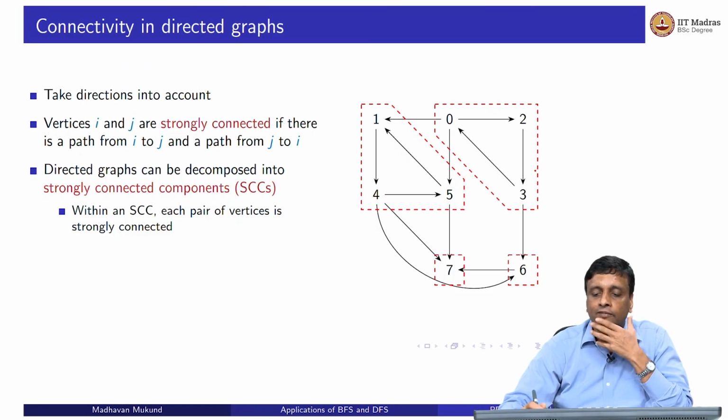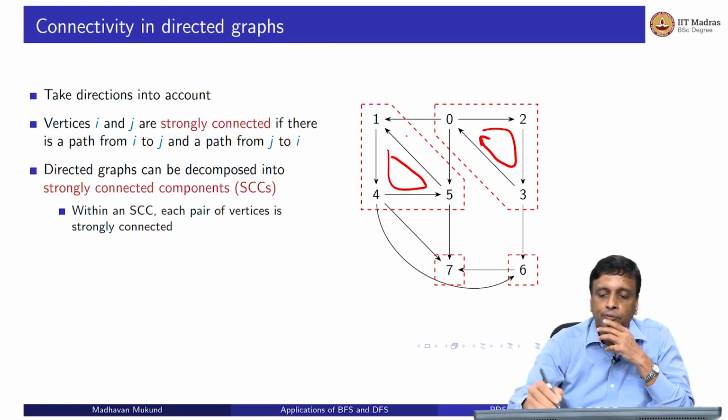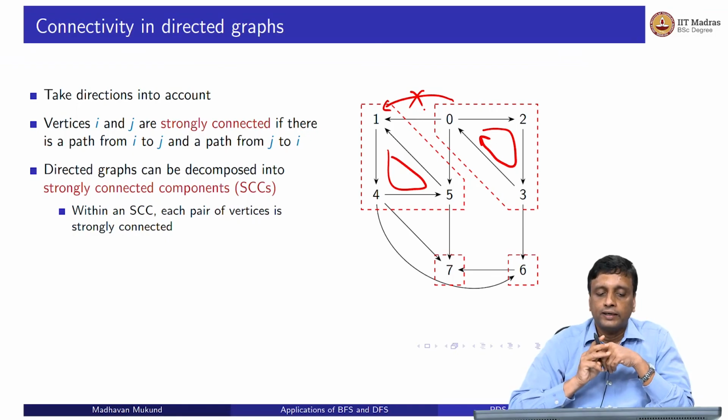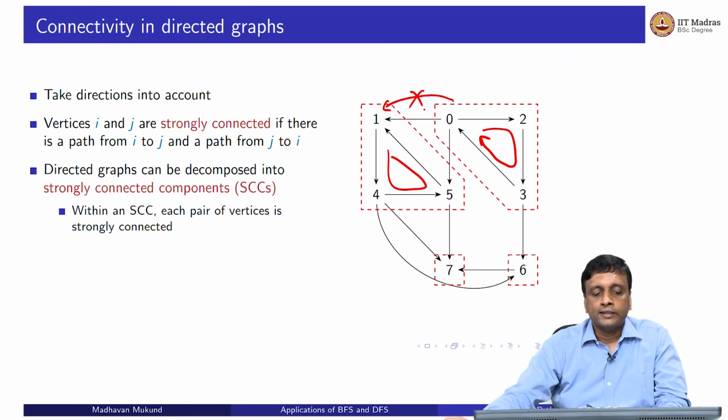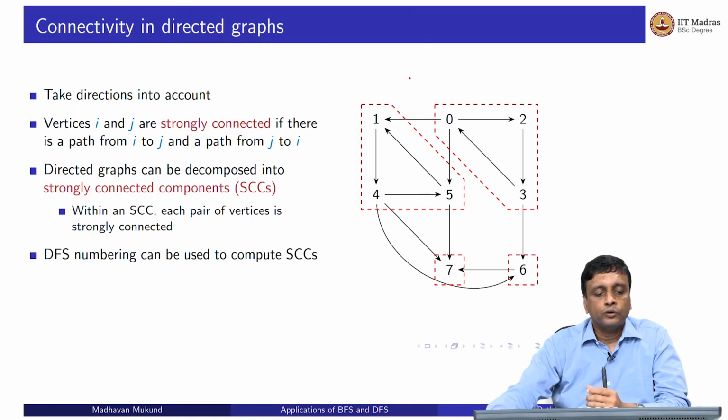So, in the graph that we have on the right, the red marked portions are strongly connected because I can go around this from anywhere to anywhere, I can go around this from anywhere to anywhere. Though I can go from 0 to 1, I cannot come back. There is no way to come back from this component to that. So, this does not help me, the fact that it is connected in one direction. So, strongly connected components correspond to subsets of vertices where I can go from anywhere to anywhere, and it turns out that we can also use this DFS numbering to compute strongly connected components,